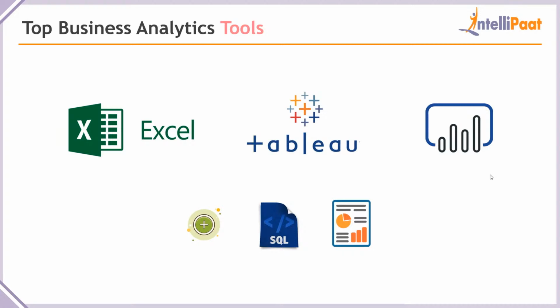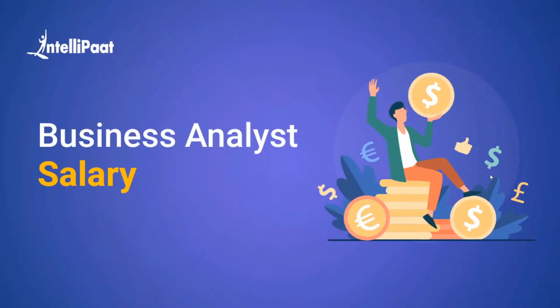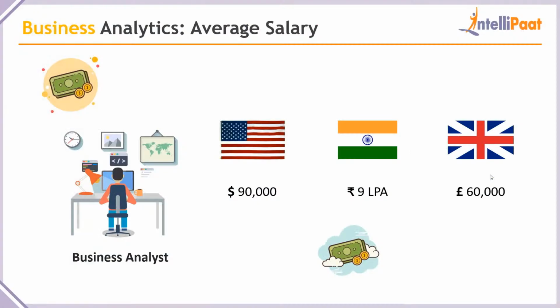So these are some of the tools that are put to active use. And then we always get asked this question: what are the insights for business analytics? What are the salaries like? Well, guys, you know what? Here are the numbers directly on your screen, because when you think about it, the pay is amazingly good. A business analyst can get somewhere around 90,000 American dollars in the USA, 9 lakhs per annum in India, and about 60,000 pounds in the United Kingdom as well. So when you think about these, the salary trends are amazing for one reason. It's that business analytics is required almost everywhere, right?